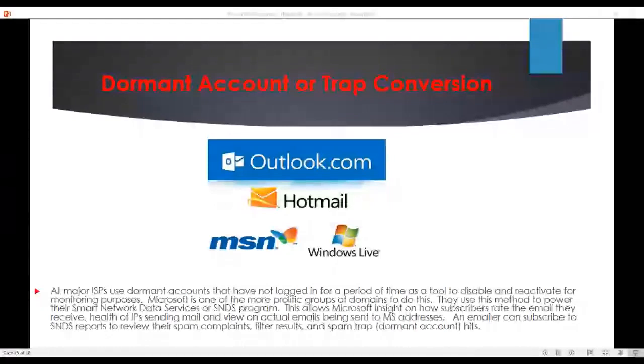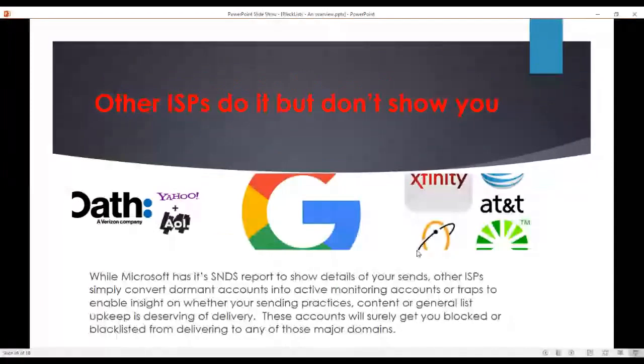So great question, and it was a good point to make in regards to trap hits and how you can view them but not see the specifics, other than numbers, I mean. So like we talked about before, every ISP, or what we call major ISPs, the top level domains are all doing this, but only Microsoft shows you. Microsoft obviously has their SNDS traps, and that's just something that you can view and get a grip on. But the other ISPs are just going to convert these dormant accounts into active monitoring accounts,